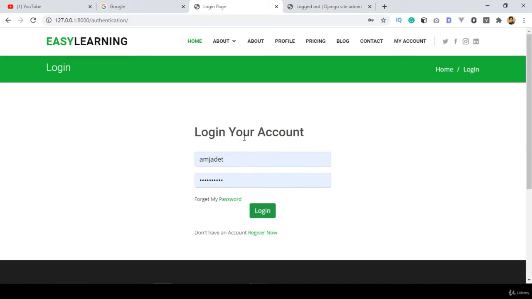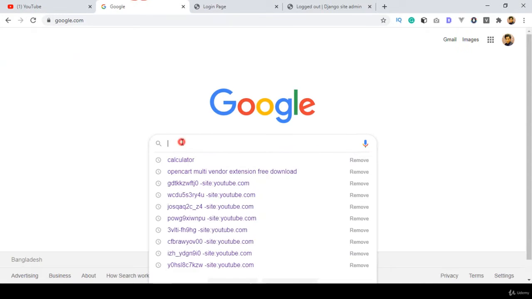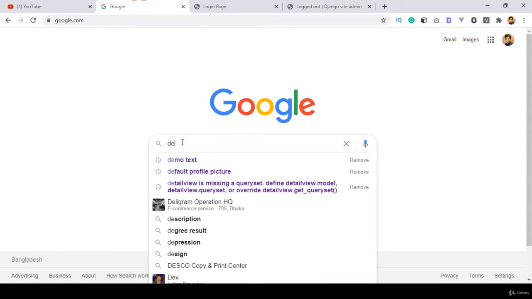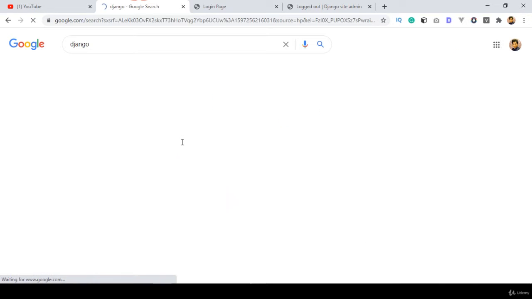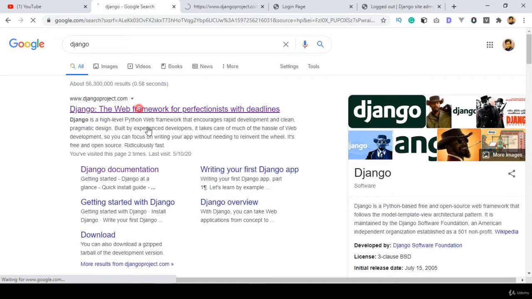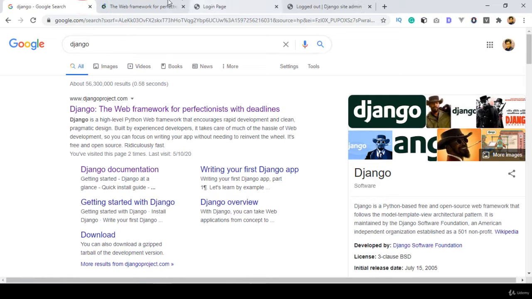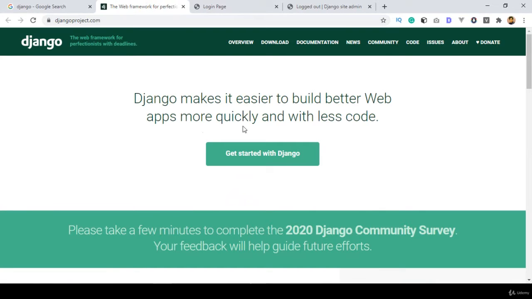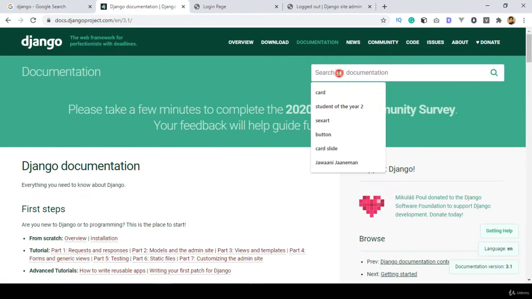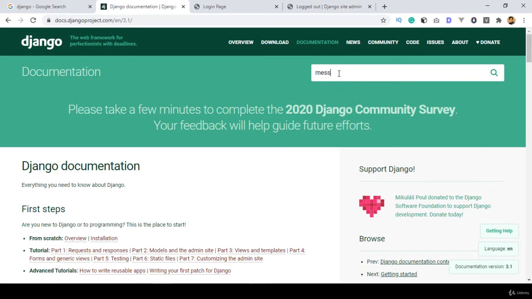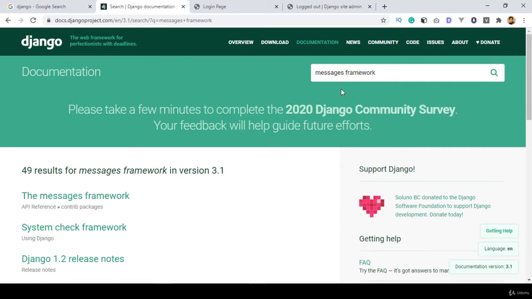In this video, I will show you these things with a live example. For doing this, if you go to the Django official website, and now go here, right now we don't need this, and here they also have a framework, a messaging framework. So if you now go to the documentation and search for the messages framework, with this messages framework you can actually do that work.